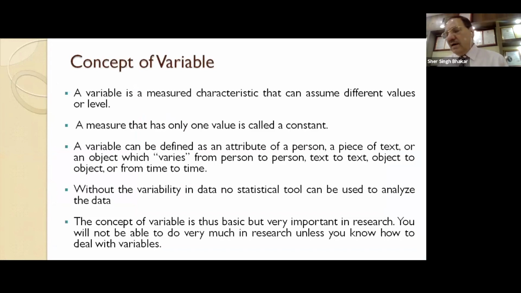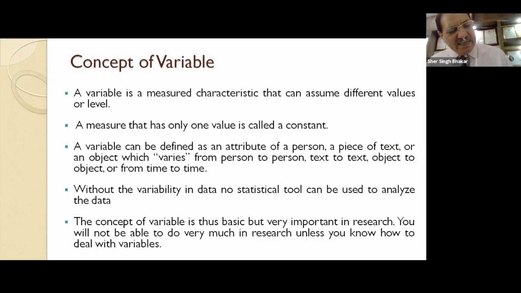See, a variable is any aspect, any characteristic or any attribute that you measure of a person, of a thing, of any object, and it varies from person to person or at different points in time in the same person. Whenever this characteristic varies, we can call it a variable. So a variable is a measured characteristic. And again, the very important thing is measured here. That means a variable is a measured characteristic that can assume different levels at different points in time or for different people or for different objects. Then we can call it a variable.